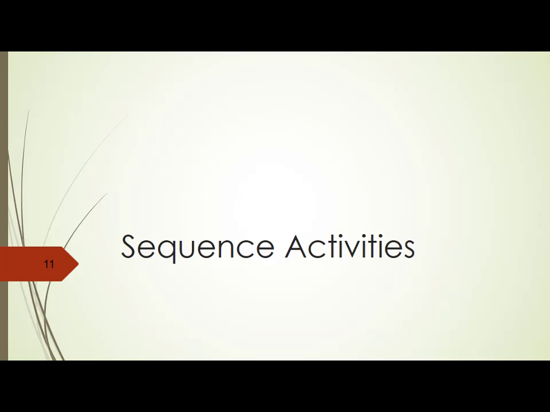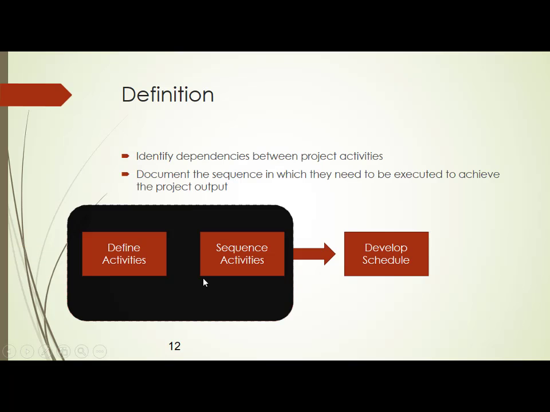Once you have defined the activities, the next process is called sequencing the activities. This is also very important. Actually, both of them, defining the activities and sequencing the activities, go hand in hand; they go on parallelly. So let us see what we do in sequencing the activities. This also comes in the knowledge area called project time management. Okay, now look at this particular picture here.